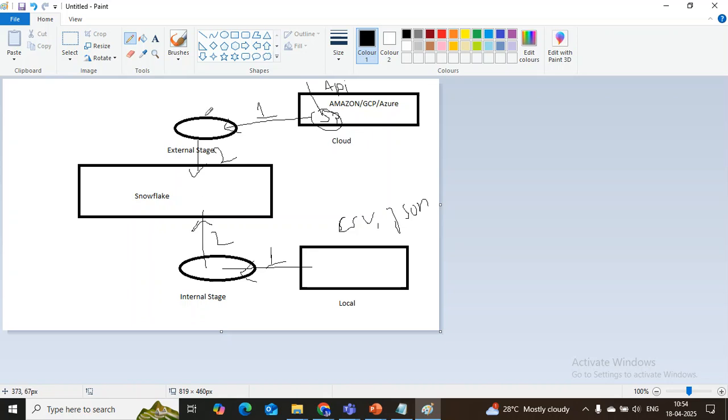ये दिस इज अ फंक्शनैलिटी ऑफ स्नोफ्लैक इटसेल्फ ओनली। सो ये क्या करते हैं, यहाँ पे डेटा को रखते हैं और यहाँ से उठा के अपने टेबल के अंदर लाते हैं। सपोज करो एक टेबल है, तो पहले हम उस टेबल को यहाँ से उठा के एक्सटर्नल स्टेज में लाएंगे, जब क्लाउड साइड से डेटा लेंगे। और जब हम अपने लोकल सिस्टम से लेंगे तो इंटरनल स्टेज में पास करेंगे, और फिर इंटरनल स्टेज से स्नोफ्लैक में टेबल में डेटा इंसर्ट करेंगे।